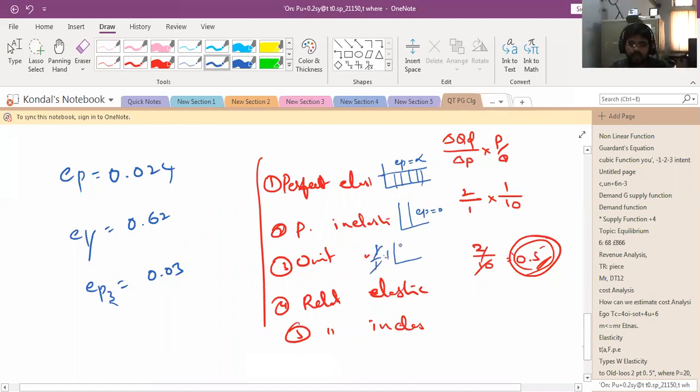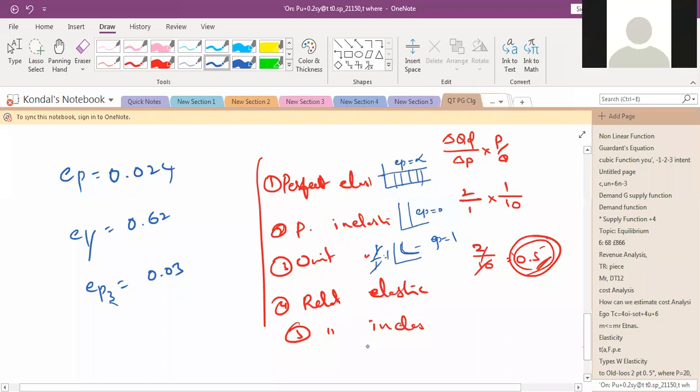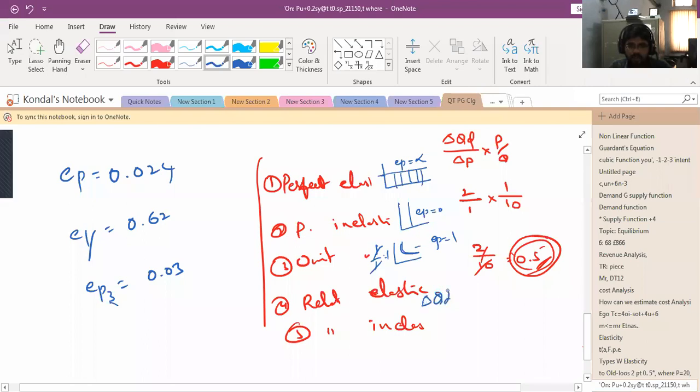So therefore here we will get, so this curve is called a rectangular hyperbola. Here the elasticity of price is equal to 1, right? Then what is relatively elastic demand? The percentage change in quantity demanded is greater than the percentage change in price. So the change in quantity demanded is higher than the change in price, right? So that is the price elastic demand.